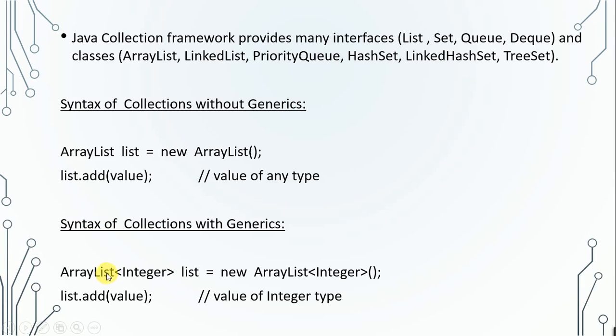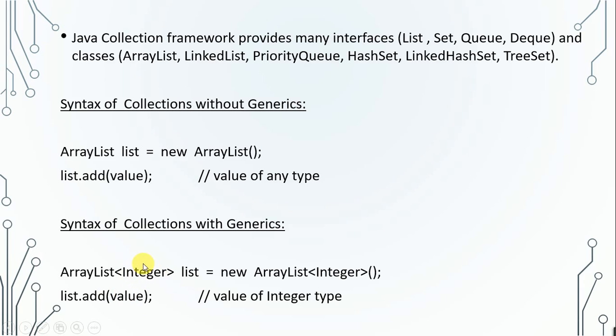So we can specify any type of value here, and if we write the collection with generics, this is the syntax with generics. The thing is the same, the only difference is we have to use this data type. We have to write ArrayList, then use angular brackets, and within that specify the type of data this collection will accept. Okay, then the object name equals new ArrayList, and again we specify the type within these angular brackets, and then complete the brackets and semicolon. So that's how we can create the object of collections with generics, and we add the value in the same way as without generics. Okay, list dot add and value. Now the limitation is that here the value must be of integer type because we have specified integer here.